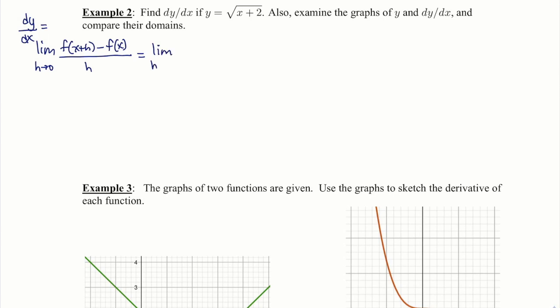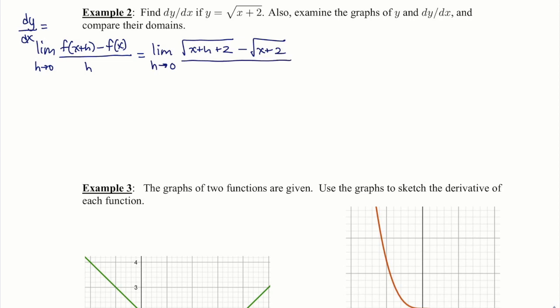So we'll have the limit as h goes to 0. F of x plus h will look like square root of x plus h plus 2. We're just substituting x plus h where the x is in our formula for the function. And then we'll subtract square root of x plus 2